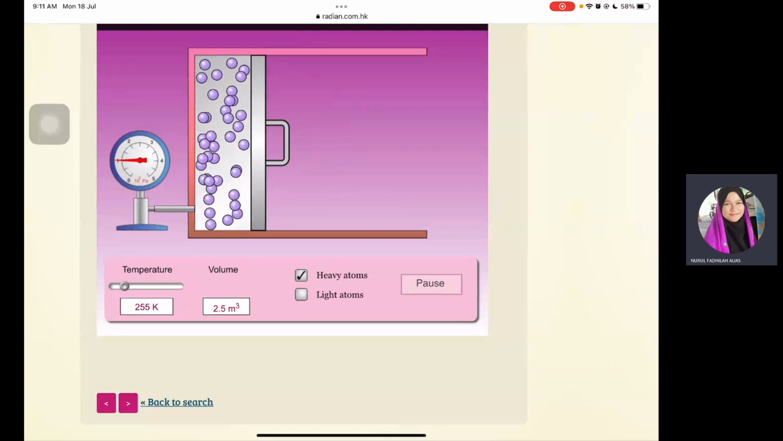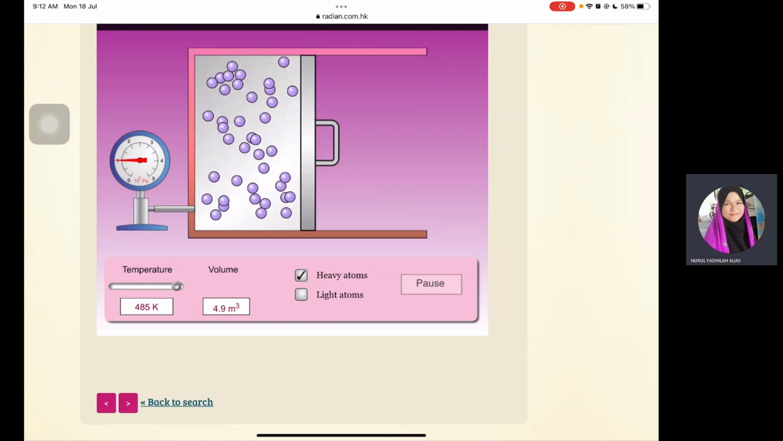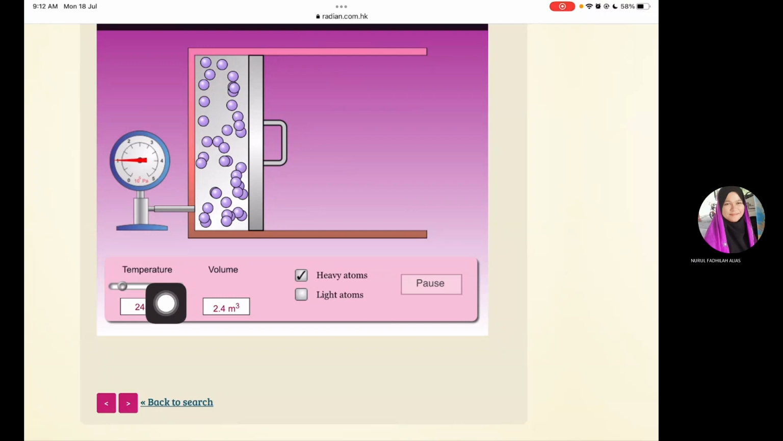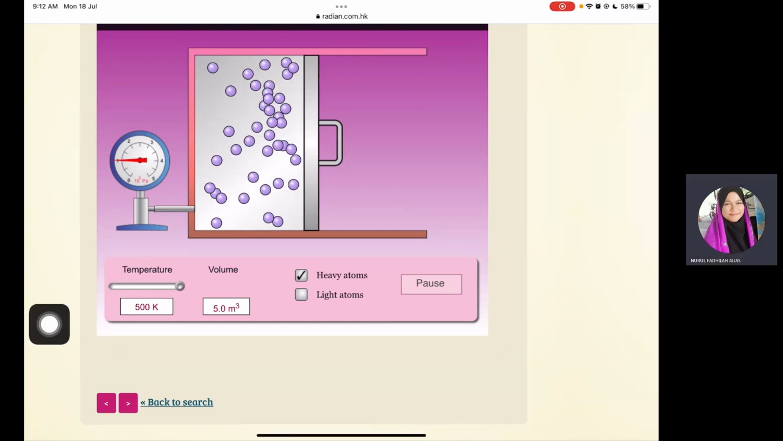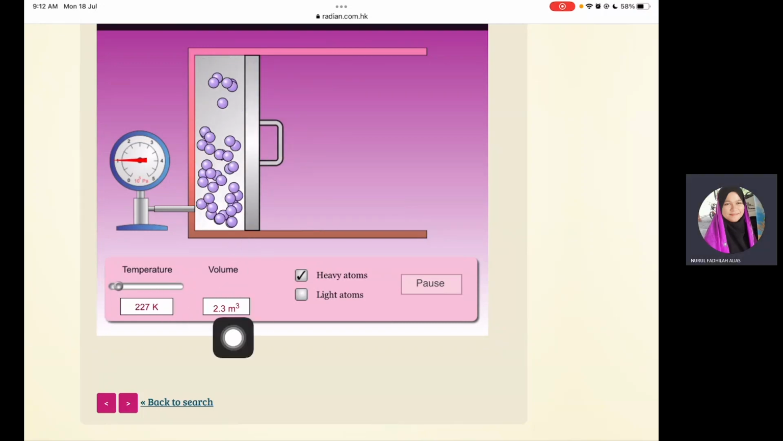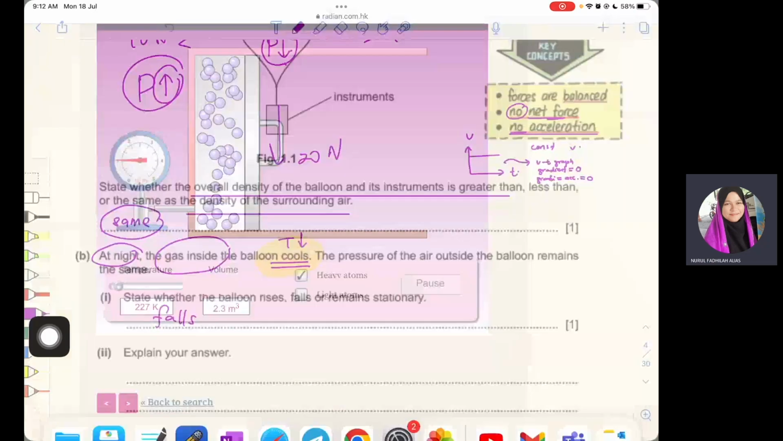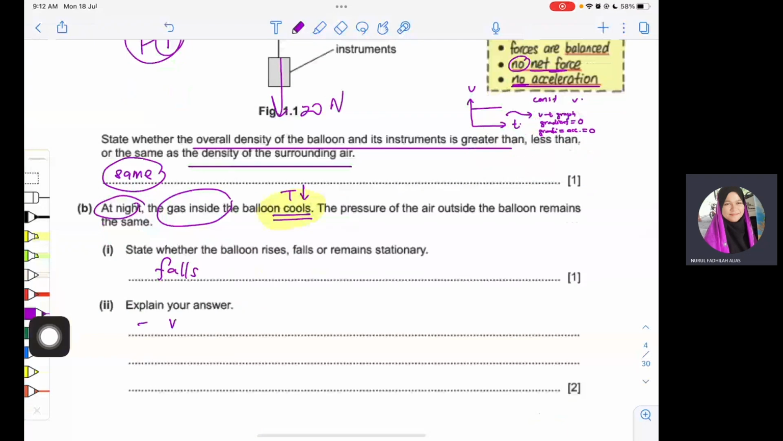Okay, so sekarang ni pressure is not changing. Dia kata tadi remain the same tadi kan. So, volume lower. Okay, so sekarang ni, how do you relate to the question? When temperature decreases, volume. When temperature decreases, what happens to the volume? Decreases. Okay, back to this question. When volume, okay, first you say volume